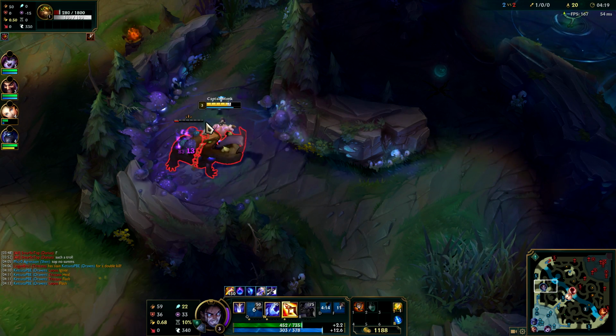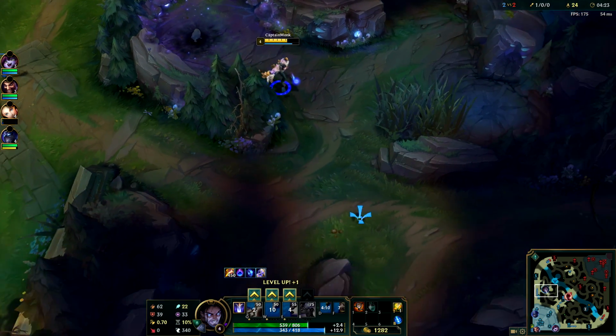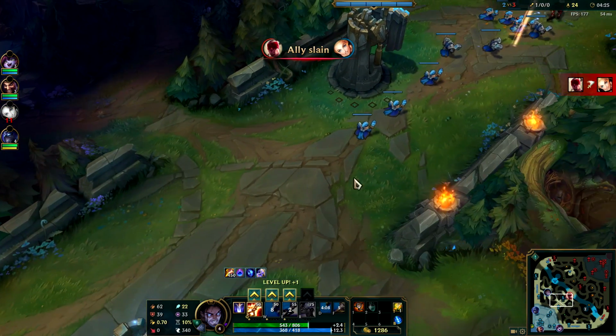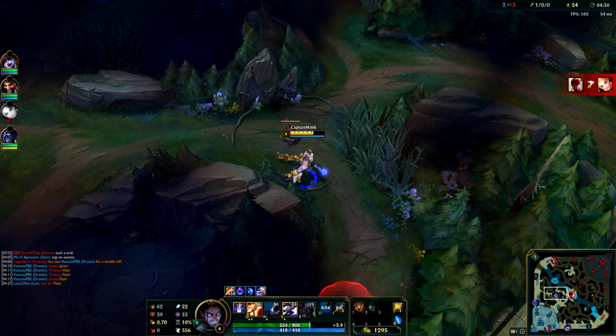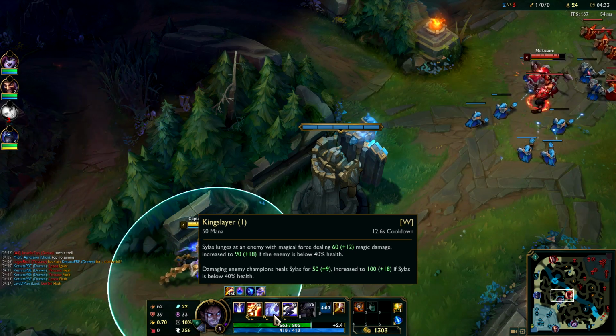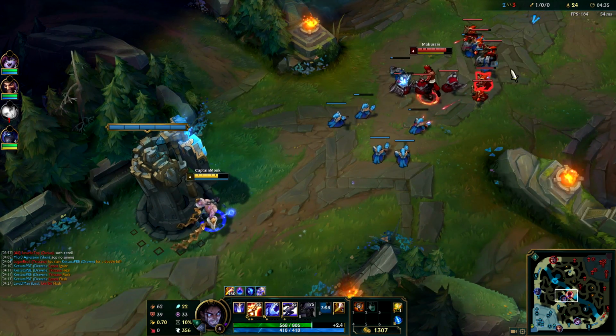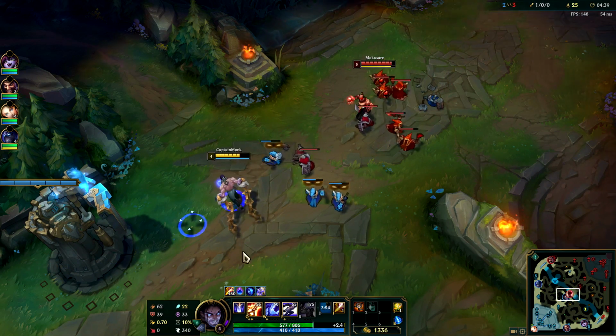And let's just go and dash around a little bit here. Use our E once last time. And I like to save my W until the target is low. Really, you don't have to wait that long, but I do like to keep it until they're at least a little bit lower, because when they're below 40% HP, it does do bonus damage. And against a champion, you can heal, especially if you are beneath 40% health. So if your health bar is really low, beneath 40% of what it...